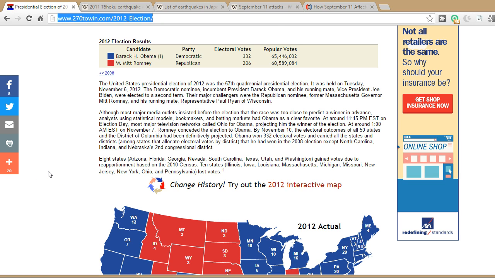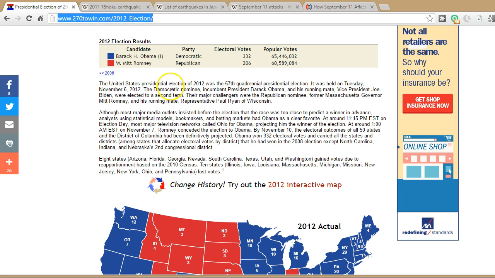So the thing to look for here is the surprise factor and whether there was enough surprise to shock the markets in some way. Not that US presidential elections have a direct impact on the markets, or do they? Let's find out. So Obama won. Here's how far he went. 65.5 million votes, and Romney had 60.5 million votes. So you would say that 5 million votes are a big difference.